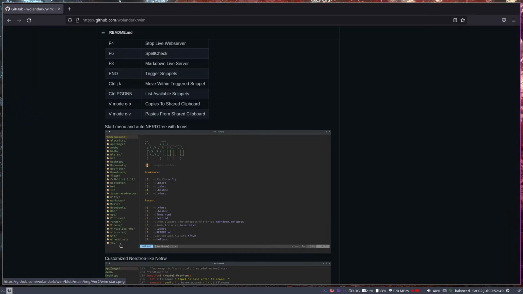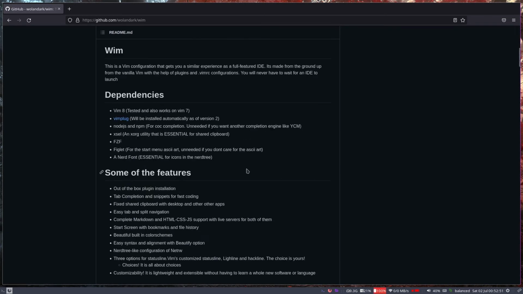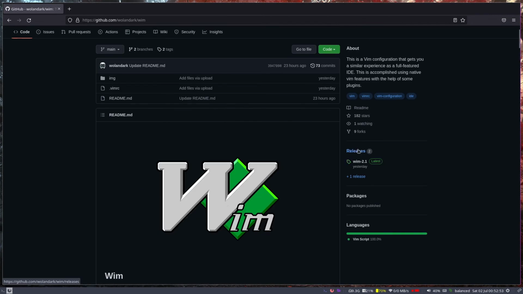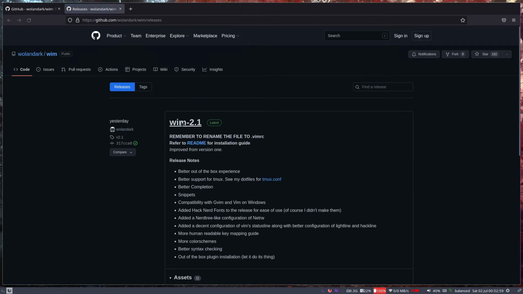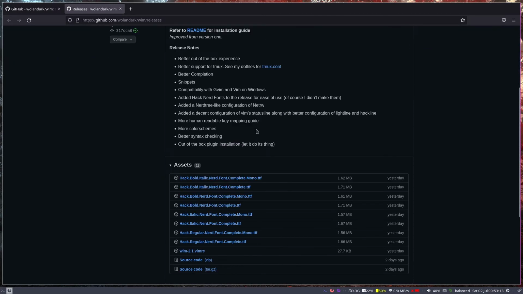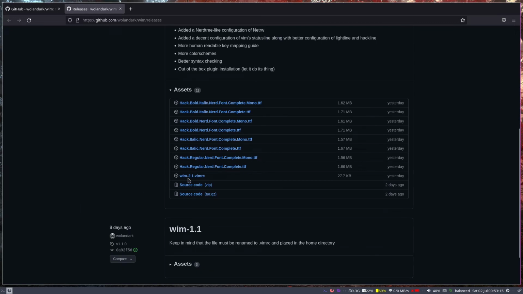The next step is you come into the release link or page. I've recently released a second version of Wim. It comes with auto installation, it auto installs Vim plug, it auto installs the plugins, and it's actually a lot more convenient than the first version, in my opinion. It's an actual improvement and a better support for tmux and a lot of other stuff. So we're going to download this